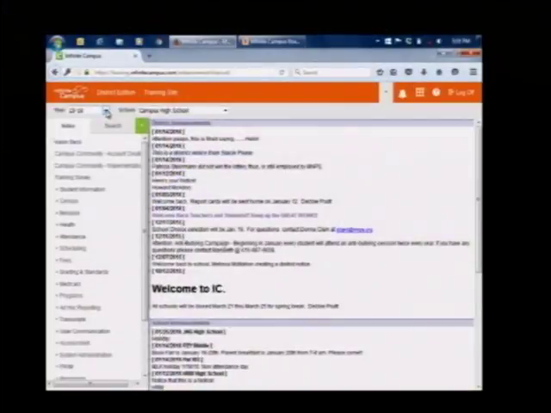And to the left here are my years. Al mentioned data conversion, and we're doing a pretty good job of really trying to bring over as much data as we can that makes sense. So if I click this drop list here, this shows me different pieces. It's context sensitive, which means that if I was looking for a student that had an enrollment last year, I would have to go to 14-15 to see that information. However, if that student was in 15-16, I could search within that year as well. So the idea is that you have access to previous years of data if you need it or if you have permissions to see that information.